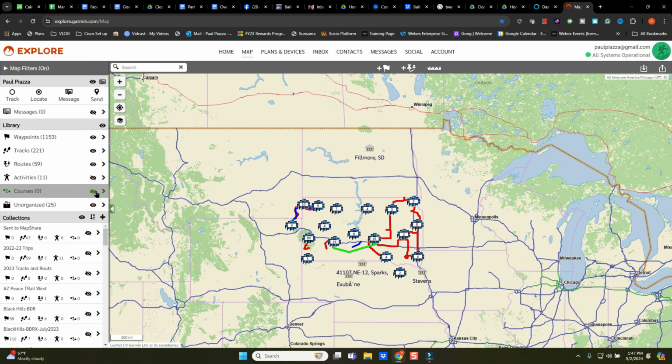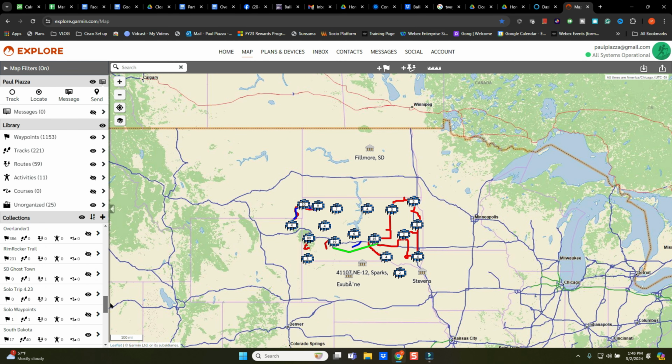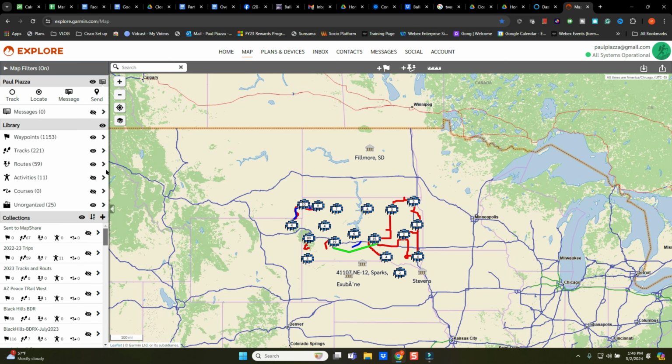But if I only want to see waypoints for a certain area, I can turn off whatever my collections are and only leave some on. So you'll see here with the eyeballs, I only have a few areas on, for example, South Dakota, where I have 17 waypoints, 40 tracks and routes in there. So the eyeballs are your way, my solo trip, ghost towns, those are ways to decrease and increase. And the reason why they look like clusters like this right now is because we're not zoomed in. It's very important. So think of the eyeballs here as ways to decrease and increase what is seen on your screen, what I refer to as clutter.